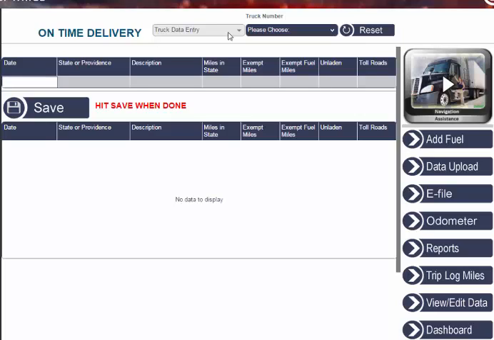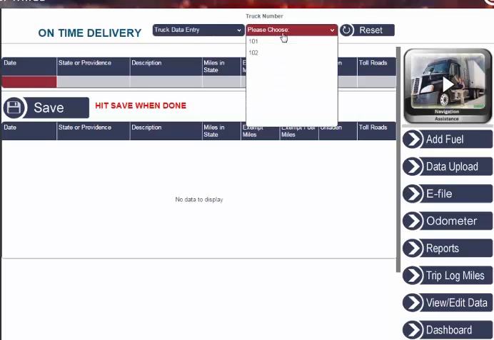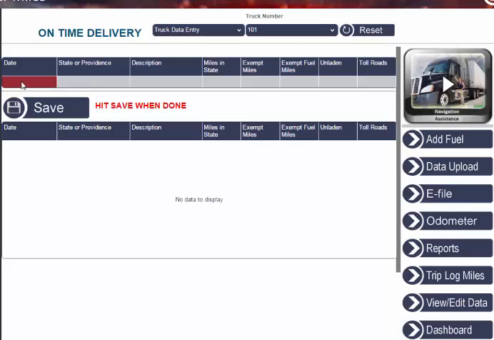The first thing I need to get started is to choose my truck number. Then I can just start adding data one line at a time. Now I'm not going to use my mouse at all here, although I could if I wanted to. I'm only going to use my keyboard and the Tab and Enter keys. So starting with the date,